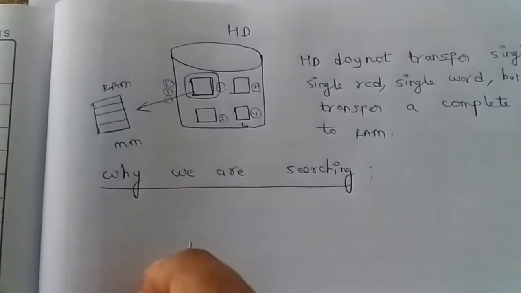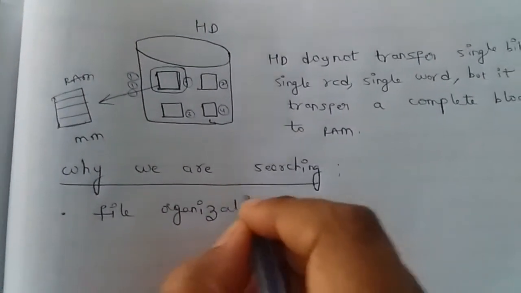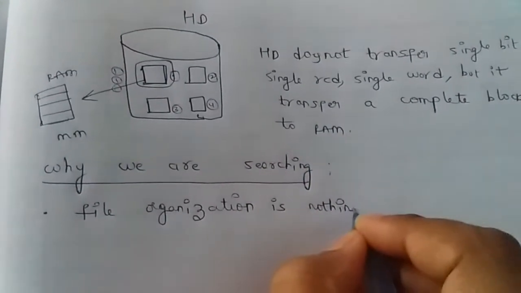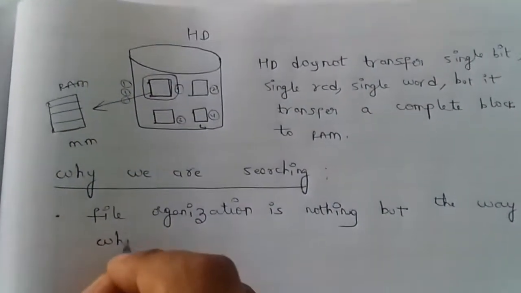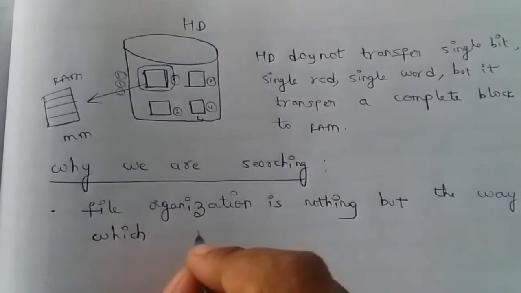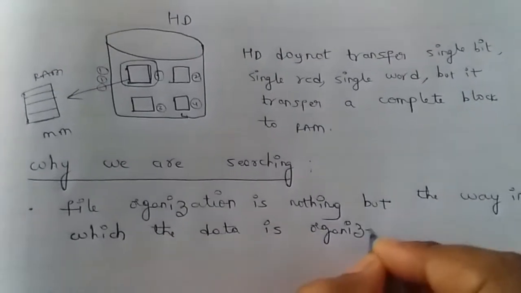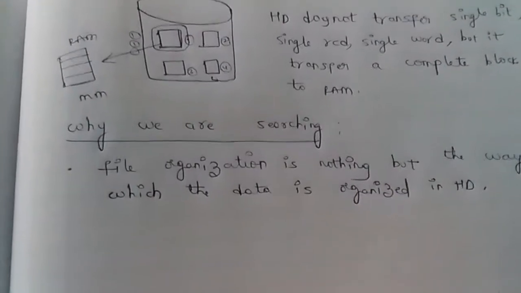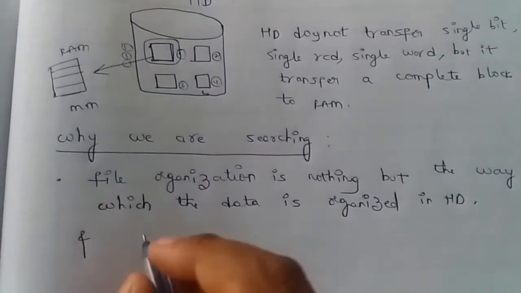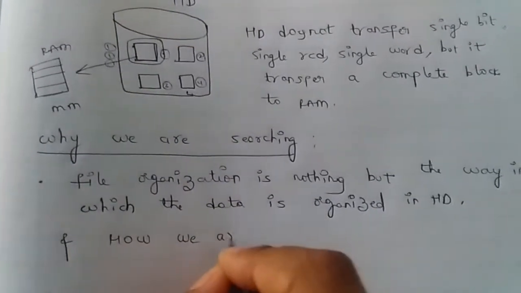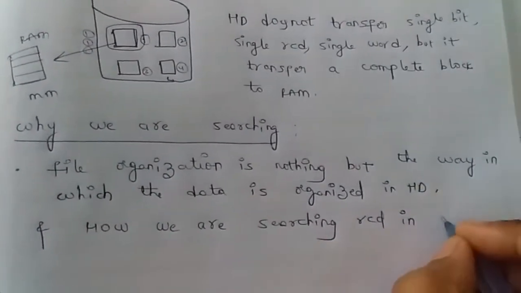File organization is nothing but the way in which the data is organized in hard disk, and not only the way in which data is organized in hard disk, but also how we are searching one record in hard disk,